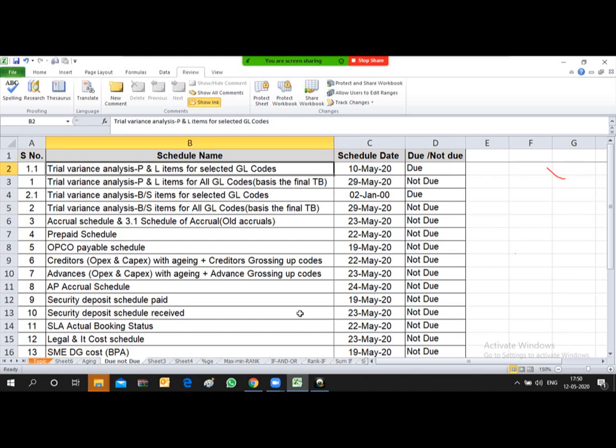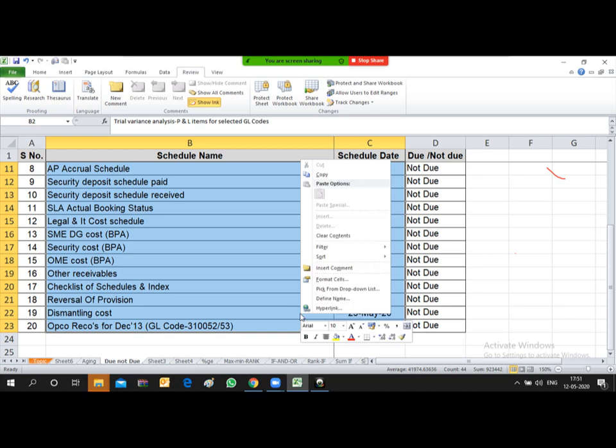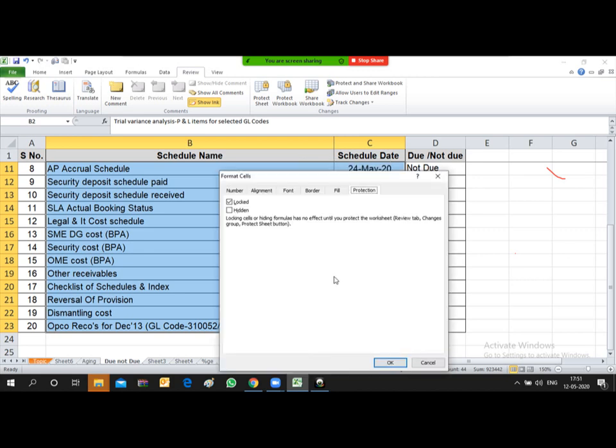So now I want to give access for these two columns only, that is column B and column C. So I want to give access to the user for column B and column C. What I will do is first unlock the cells. How can you unlock the cells? You can right click over here, go to format cell, or by pressing control 1, you can bring this dialog box in front of you.